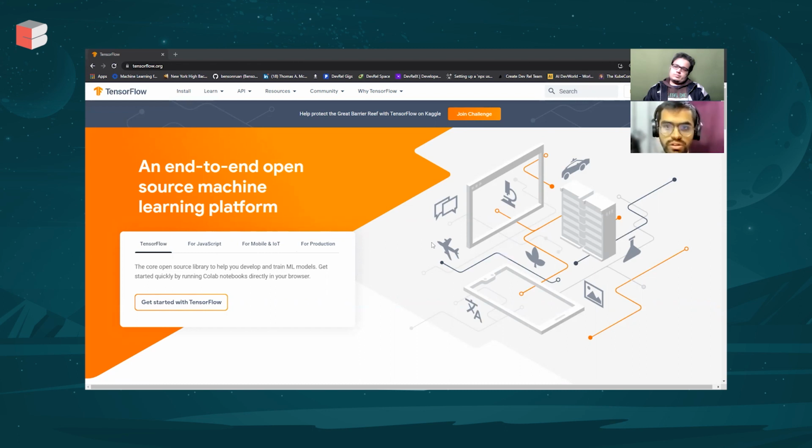These are used quite often with various different domains of AI, such as computer vision and NLP, natural language processing. So it's really meant for such highly intensive machine learning tasks. And that's really about TensorFlow.